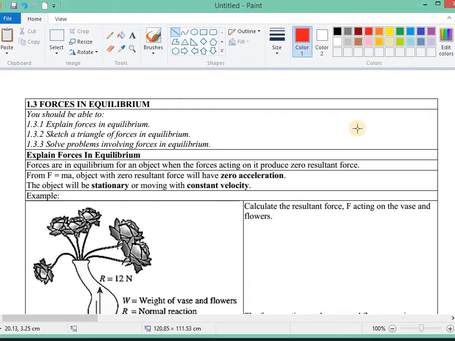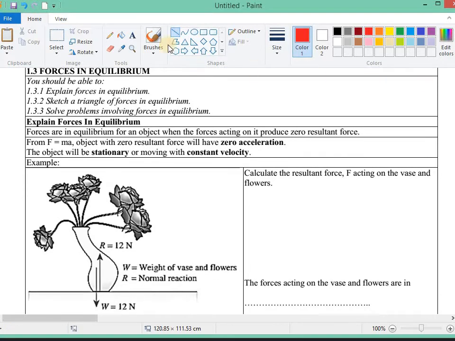Okay, so 1.3 forces in equilibrium. Explain forces in equilibrium. Forces are in equilibrium for an object when the forces acting on it produce zero resultant force. Okay, so we know when we want to get resultant force, we have a few forces. We have a few forces acting on one object, and